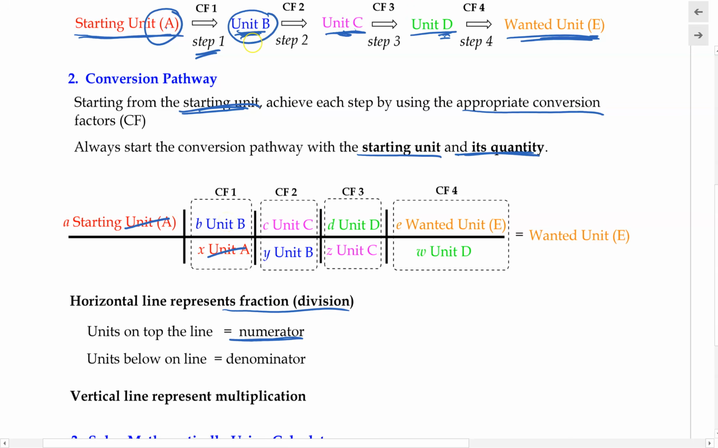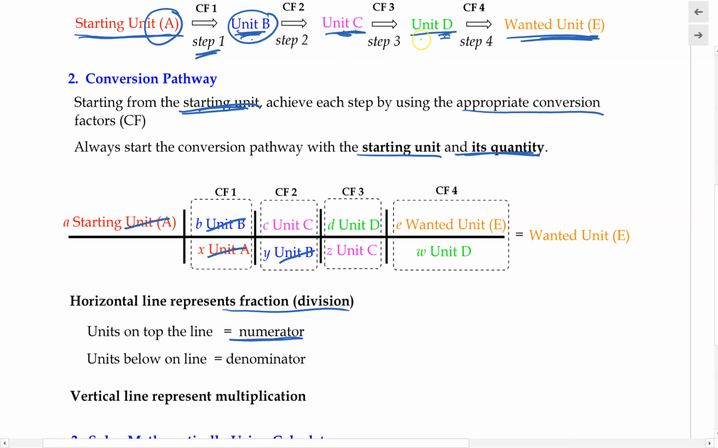And to be able to convert unit B into unit C, we need to have the conversion factor between unit B and unit C. And we have to put unit B on the denominator, and unit C on the numerator. And now unit B will cancel with this unit B right here. And on the next step, we now need to convert